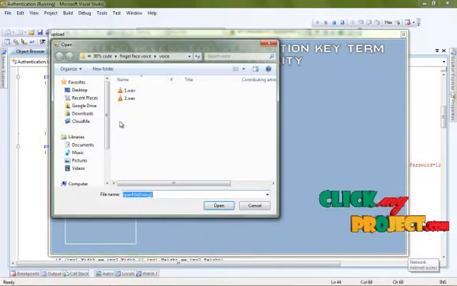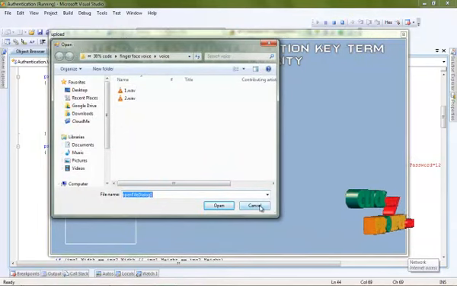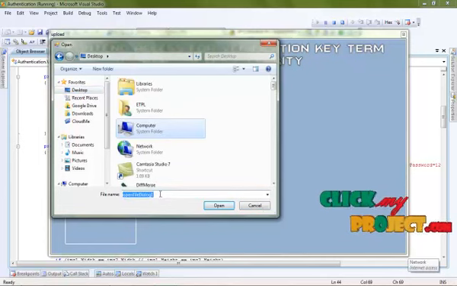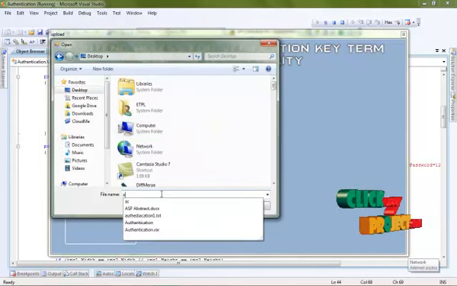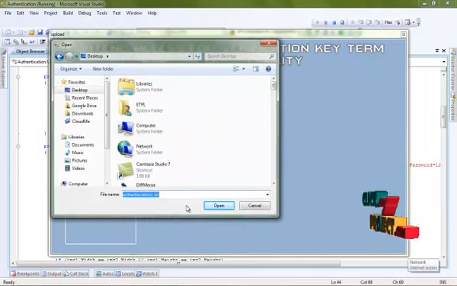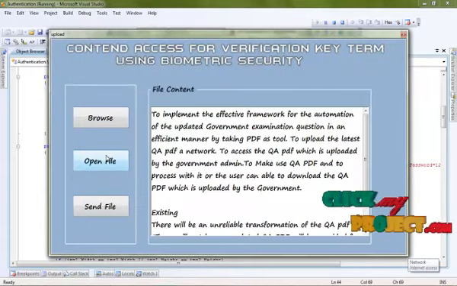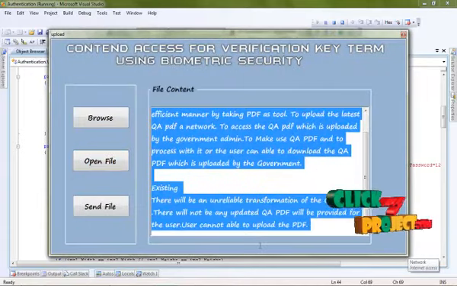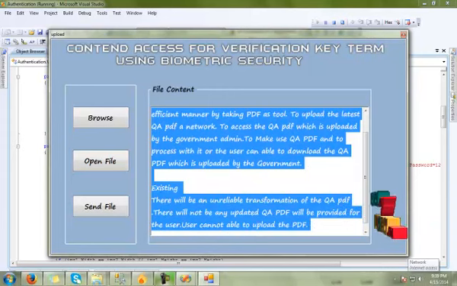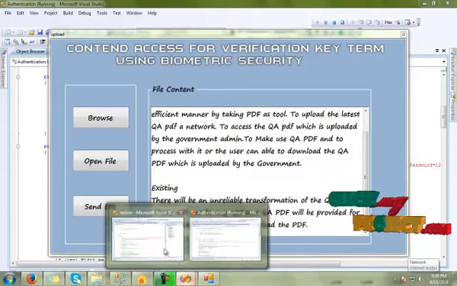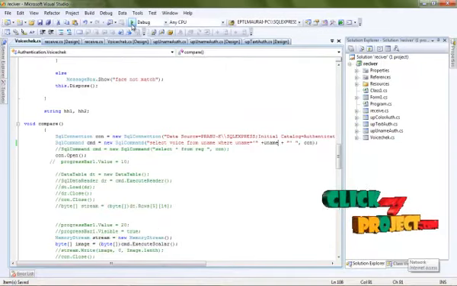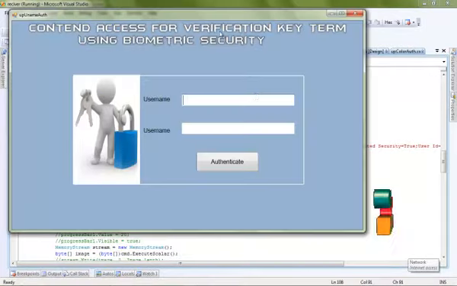In this process, select one type of file. For example, select the authentication file, then click the text file, then click OK, then open file. This is our selected text file. Then the receiver side authentication process runs our receiver side process. Now run the debug for the receiver side process. So the authentication process is already created here.